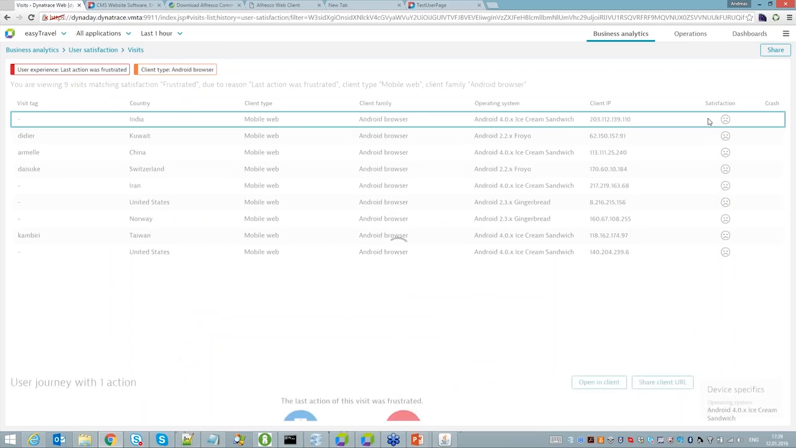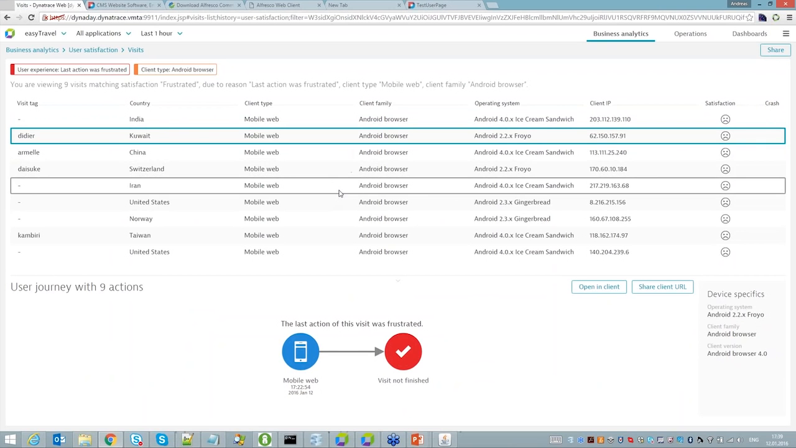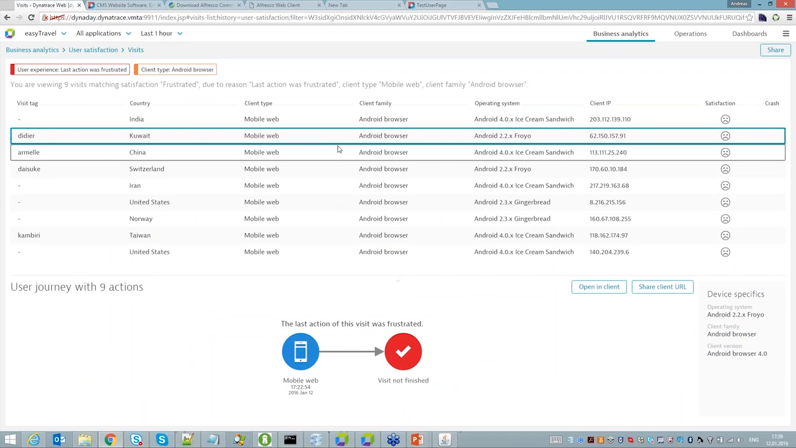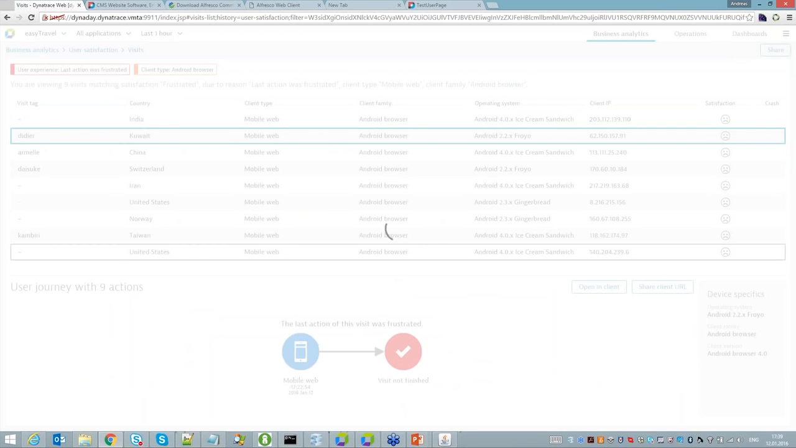And here I can now say inspect filtered visits. So this is where I can actually now see every single user that meets that criteria, that means being frustrated coming from an Android browser. And I have a good list here, 9 people in the last hour. And if I want to now hand this over to the developer, I can say, hey, please developer, have a look at this user, DDA from Kuwait. I say opening client. If I click on it,